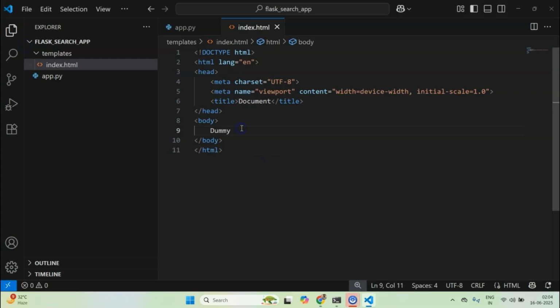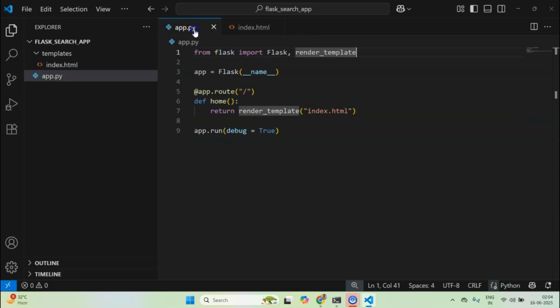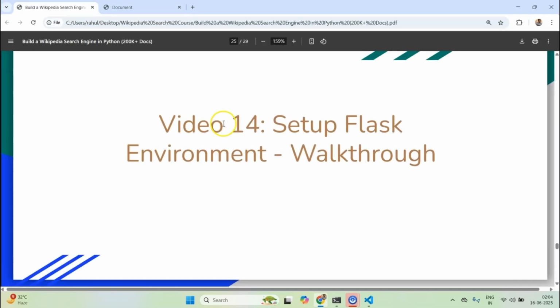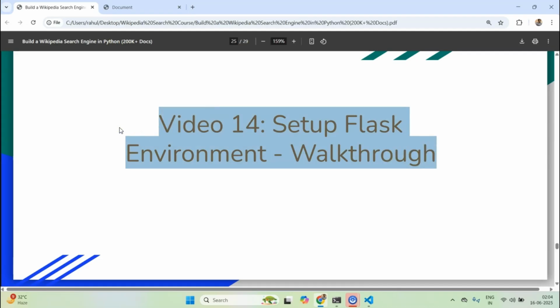Okay, so there are so many things that I can cover for Flask and HTML, but I don't want you to worry about this too much. What we are going to do is implement a simple search functionality where the user will have an input where they can enter what they want to search, and it will be loaded from the models and databases that we trained. So in this video I just wanted to set up this environment, and now that we are good to go, in the next video I'll try to do more stuff with Flask.